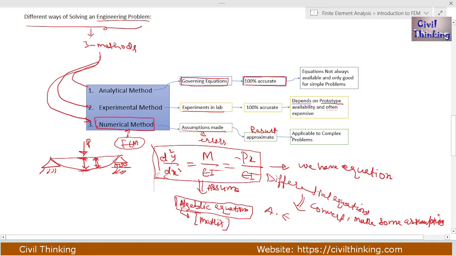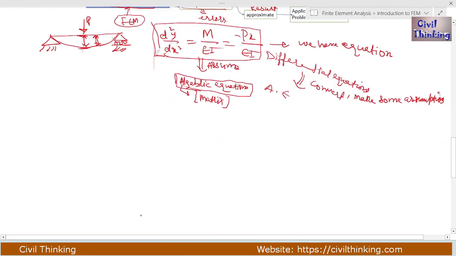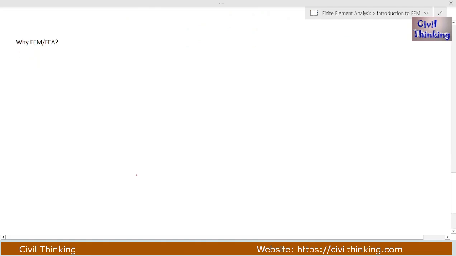So this is the thing, we need the finite element method, okay. Although we don't get the actual result, we get an approximate result, right? So this is why we use numerical methods, okay. So I think that's it for this topic, and let us move on. Okay, now here is the question of why FEM, okay, why the finite element method, okay. So let me write, finite element method or finite element analysis